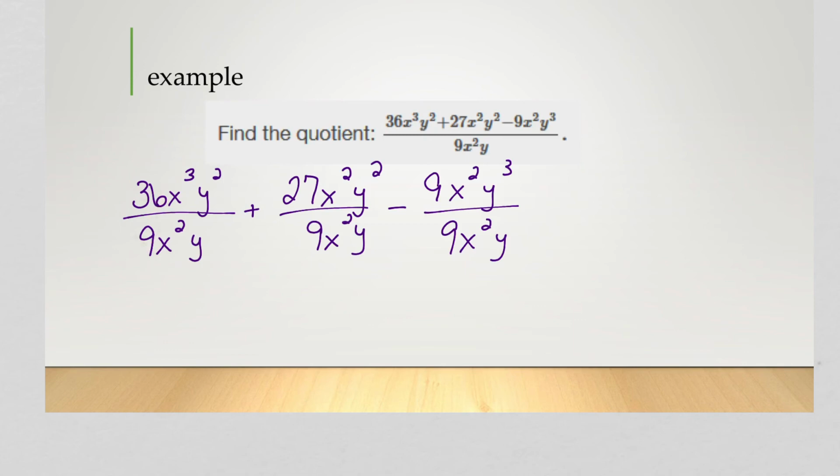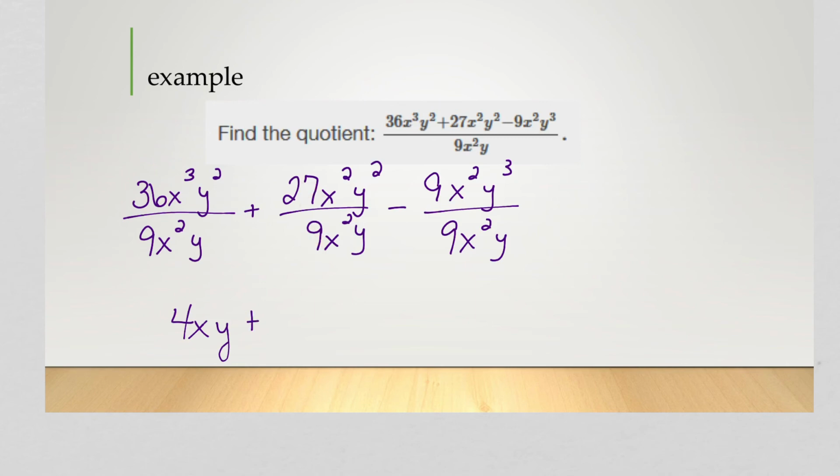36 divided by 9 is 4. Everybody in this class can do that. I know that. X to the 3rd divided by x squared. You subtract. 3 minus 2 is 1, so I get x here. Y squared divided by y. 2 minus 1 is 1, so I have 1y right here. Okay, there's our first term. Plus